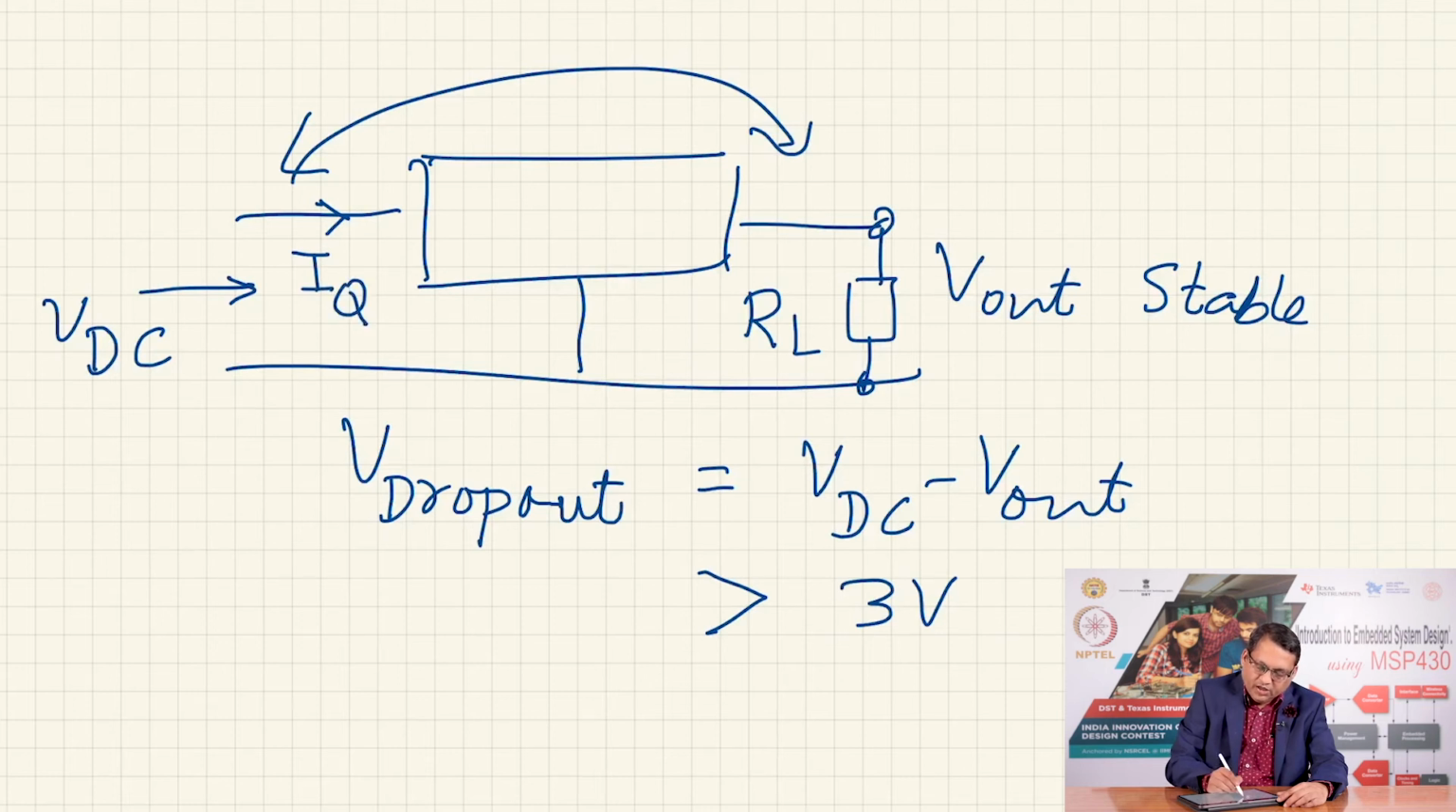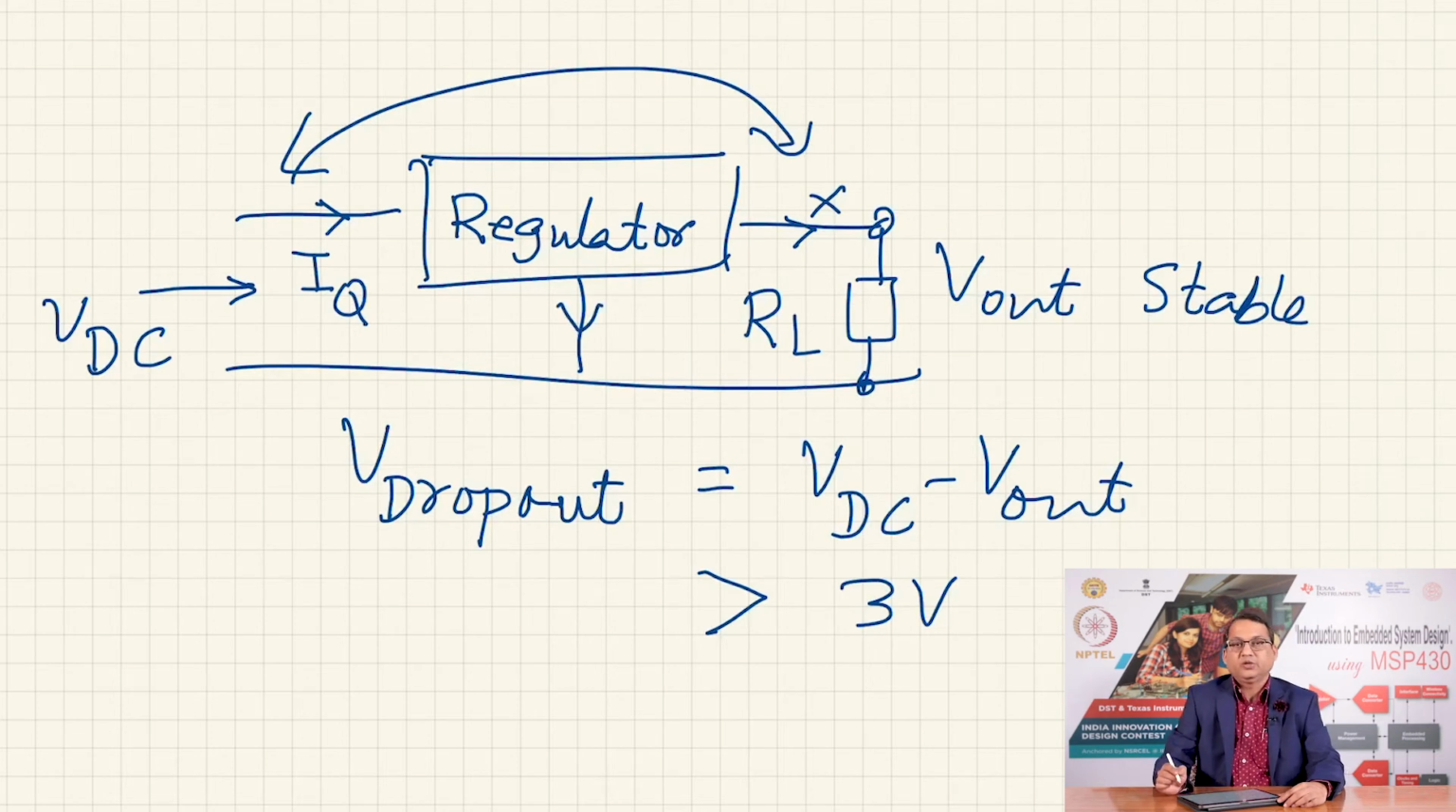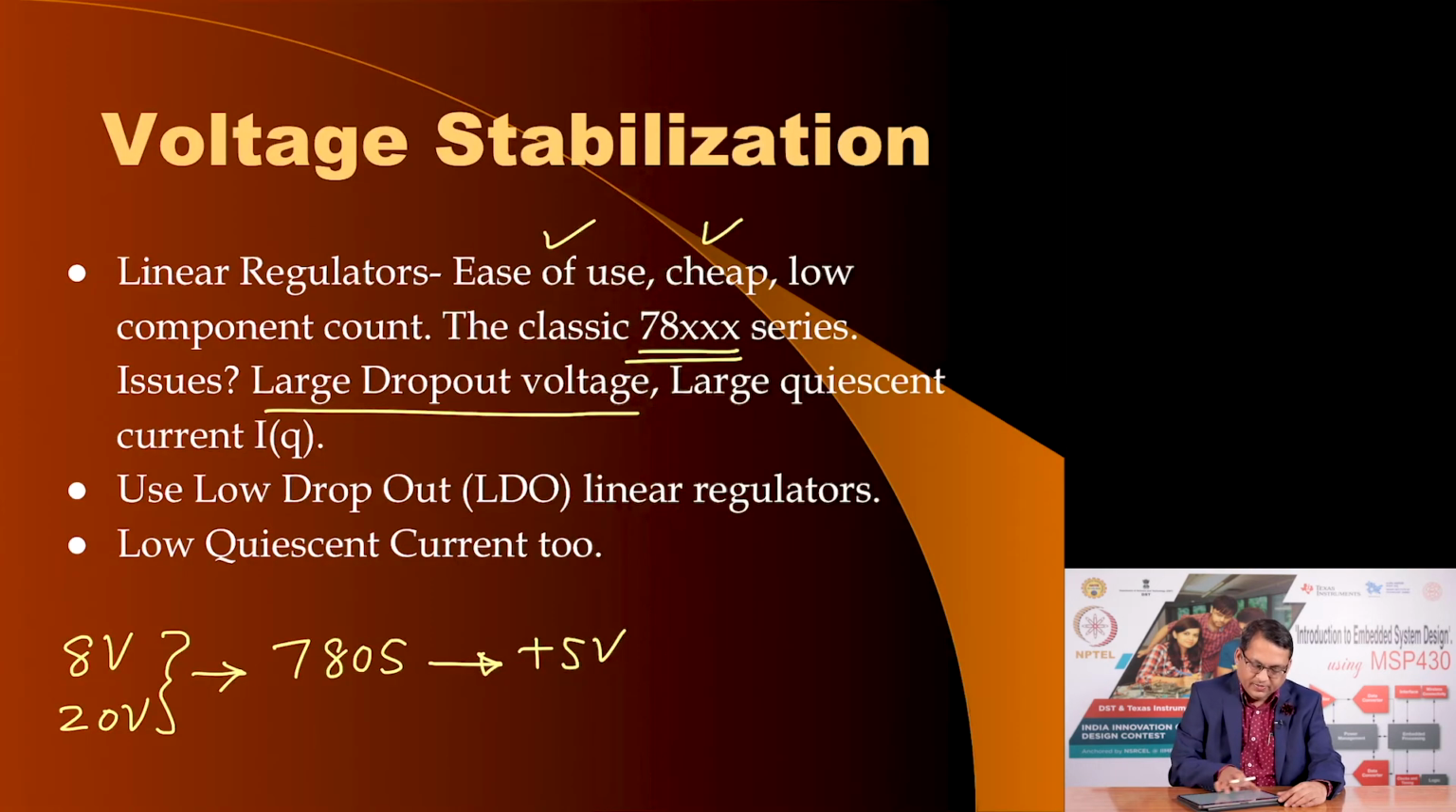This current, if it is going into the regulator, this is your regulator. If a certain amount of current is going in, even though there is no current going out, then obviously this current has to come out through the ground terminal, reference terminal. This is the quiescent current, and these 7/8 series of regulators suffer from a large quiescent current. How large? This is typically 10 milliamperes, and the dropout voltage has to be more than 3 volts,